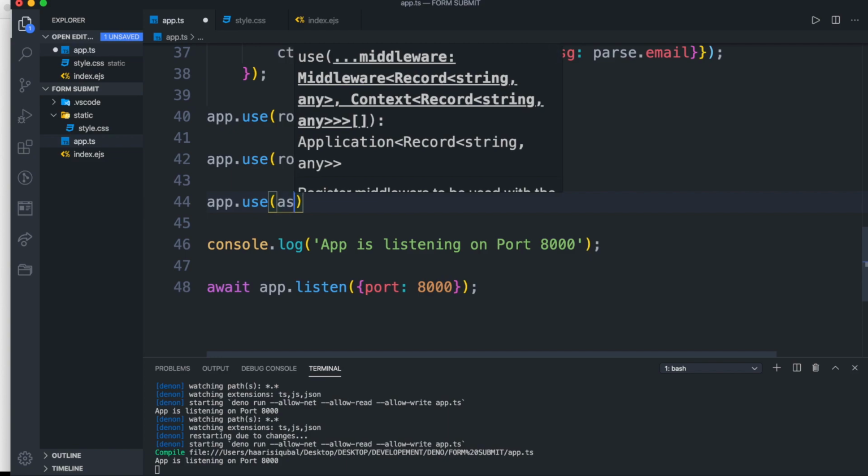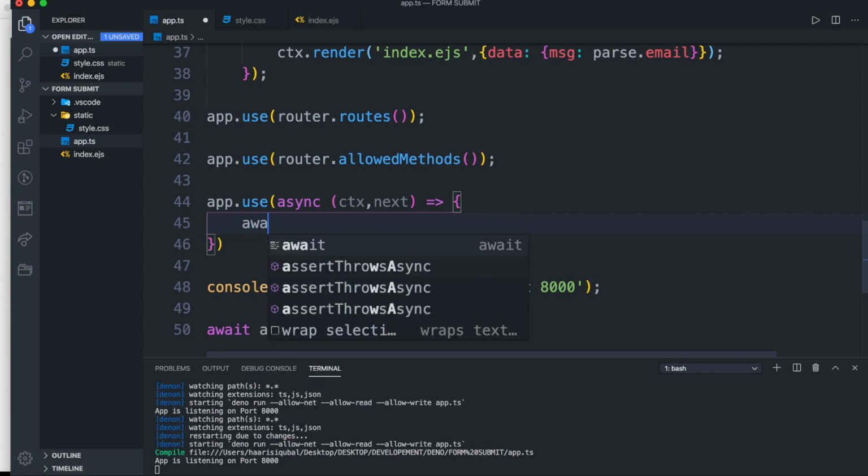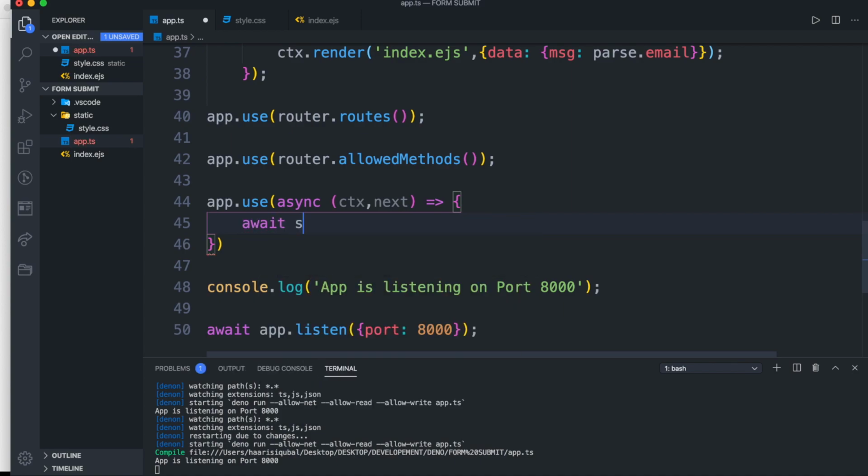App.use, it's going to be an async arrow function which requires context and next as parameters. Inside it, we're going to use the send function which is provided by the oak module. So inside the import oak statement, we need to add the send function.